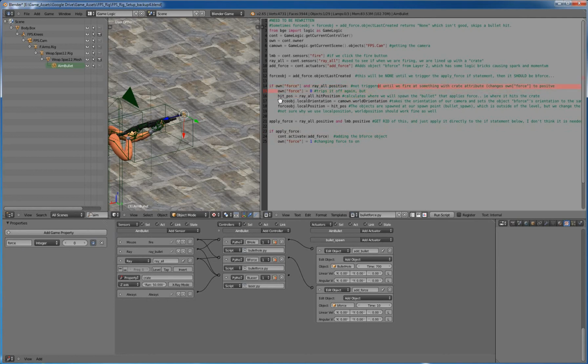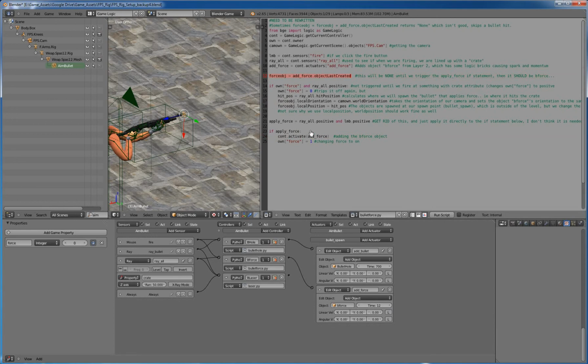and it'll make a hit position, like where is the ray hitting? It is the ray's hit position. Fairly simple. Now our force object, which should be our B force, which we added for a time of 10 logic ticks, because it was added right here. This is when it was added, and so by the time it pops down the end of the script and comes back around, this still should be the last object created. However, the issue I'm having is sometimes, and if I turn this time up a little bit, it probably wouldn't be an issue, I